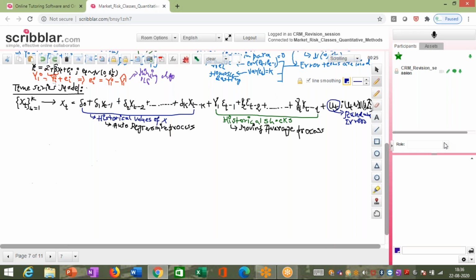Now, the question is how do I boil down to the optimal process? The components comprising the autoregressive and the MA process will be known as the data generating process of the time series, and we use that model to perform our predictions. Fine. So now the next question that comes up over here is,